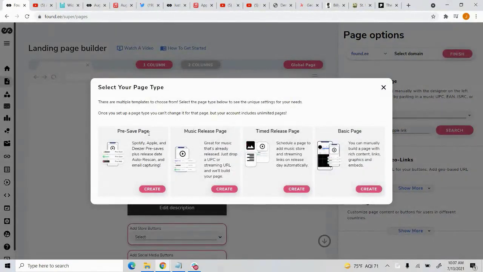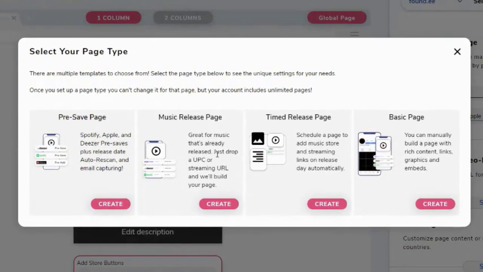So I'm clicking on Create Landing Pages from the left-hand nav. I'm immediately prompted with 4 options. And this is just because there are a lot of options in each page type. And so we want to make sure that you have the right settings in front of you effectively. Most people that are running an album marketing campaign, they start with what's called a pre-save page. And we'll probably look at that one next, but there's also a music release page, a timed release page, and